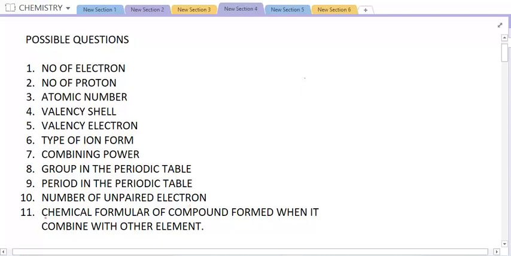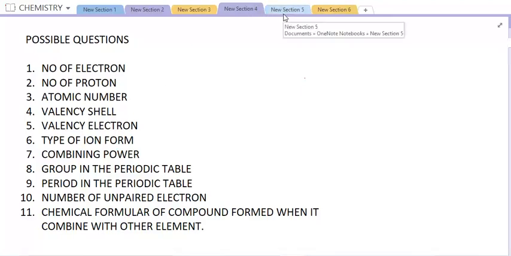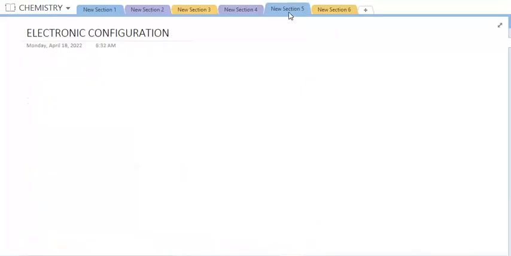And the examiner can ask you the type of compound formed, or even the chemical formula of the compound formed when it is combined with other elements. These are the possible questions that examiners can ask you, just giving you the electronic configuration of an element. Let's now consider an example and see how we can answer all these questions. Example: